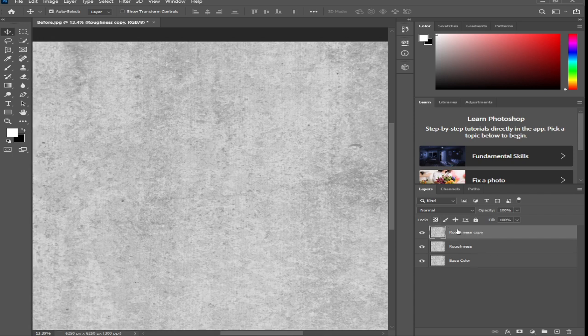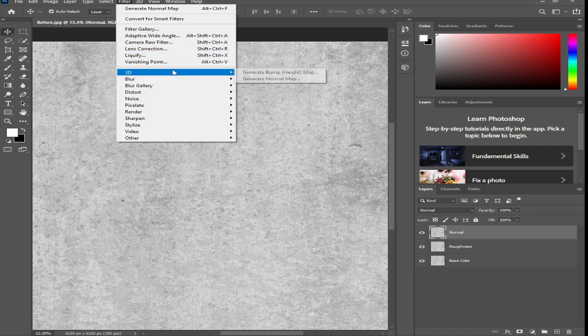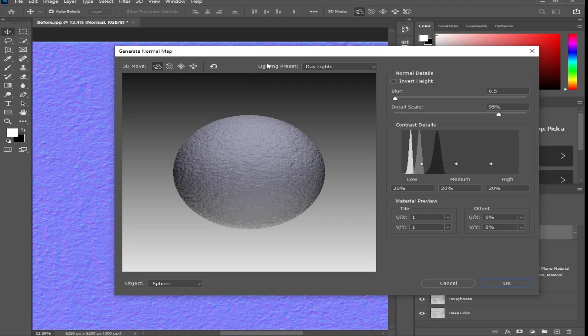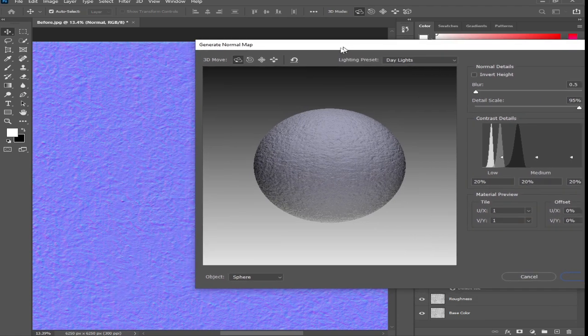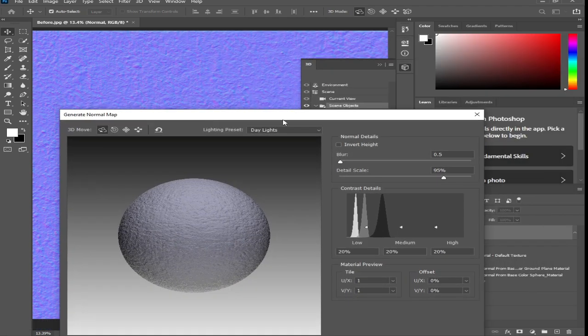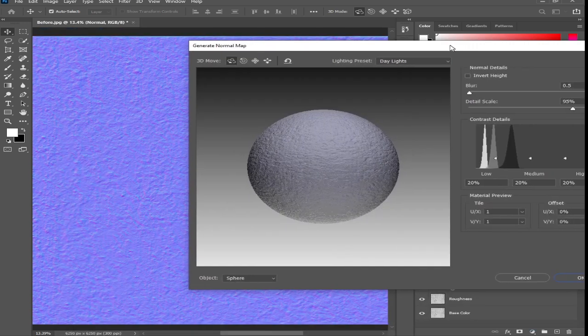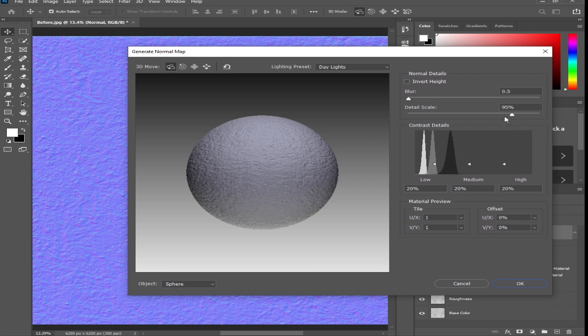I'm going to take another duplicate and call this the normal layer. To convert this to a normal map, I'm going to go to Filter, 3D, Generate Normal Map. You can see it's here, and you can put whatever level of detail you want. About 95% is pretty good for me. You can increase or decrease it depending on your desire. Okay,